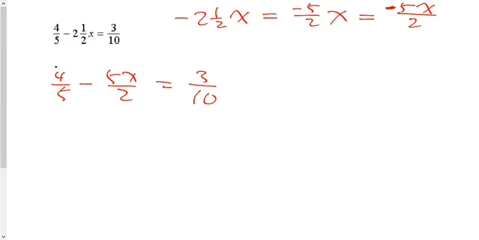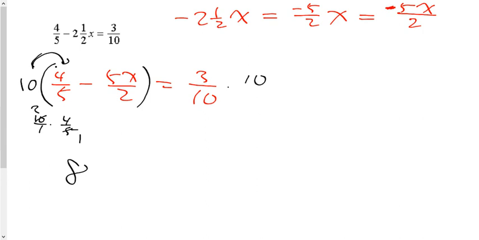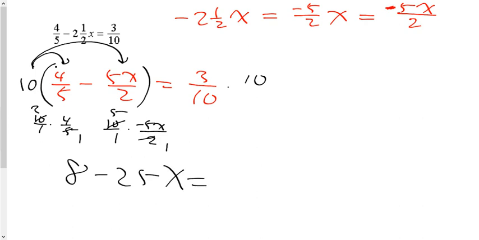And once we have that written, I'm going to be like, I really don't want to work with fractions. I'm going to multiply both sides by 10. I'm going to multiply this side by 10. Multiply this side by 10. 10 multiplied by 4/5, if I cross reduce, is going to be equal to 8. But I also have to multiply this by 10. So 10 multiplied by, now I'm going to treat it as the negative, I'm going to cross reduce. I get 5 negative 5x's, which is negative 25x. And over here, I'm just going to get 3. So 3/10 multiplied by 10 is just 3. Once we have that,